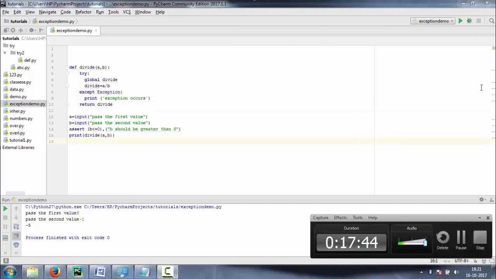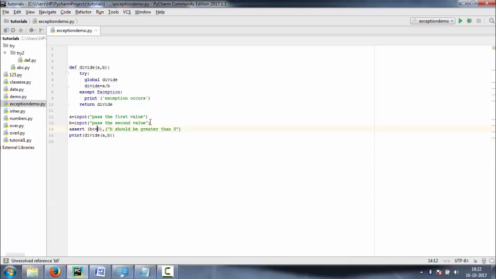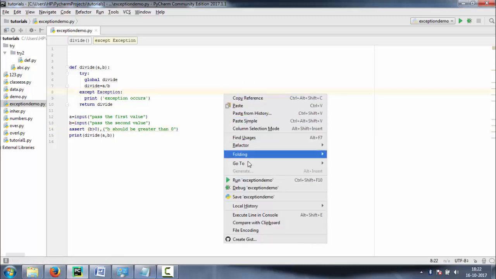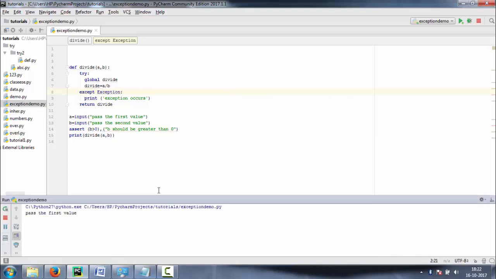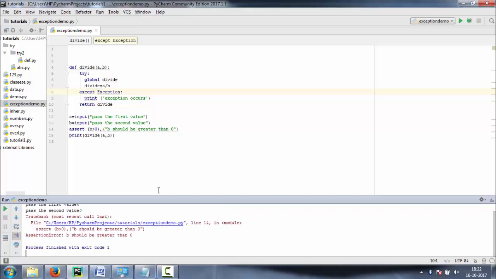I think some problem occurs. Let's see what it is. I got the problem, sorry. Actually, we will pass the condition here: b should always be greater than 0. So let's run it. I am passing the first value, then the second value. Now see, it gives us an error: b should be greater than 0. Assertion error. This is the error created by us.